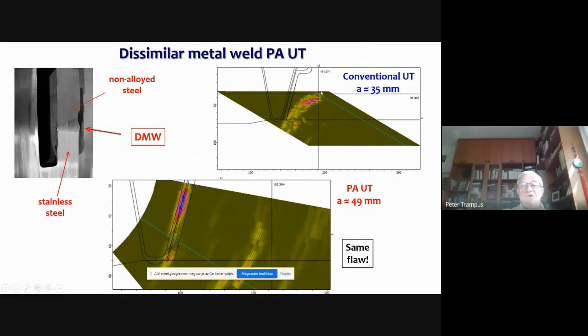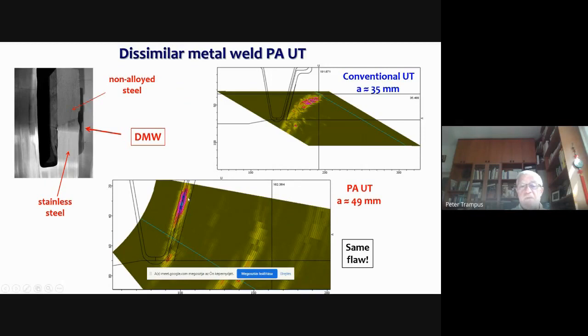This is just an example of how conventional ultrasonic testing measures a flaw, a corrosion crack, at only 35 millimeters, while the phased array technique, in a dissimilar metal weld, measures the real size, which is 49 millimeters.